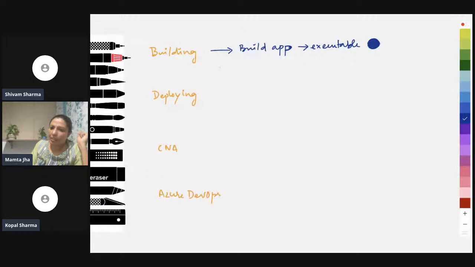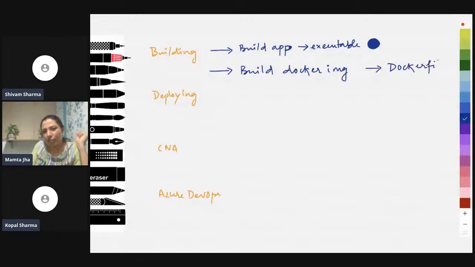And second, what we are building is a Docker image. For building a Docker image, we would be using a Dockerfile. And here for a change, we also use Docker Compose. Docker Compose is a tool which is normally used to deploy and test a multi-container application. So we will have a separate Compose YAML file and a separate Dockerfile for this.